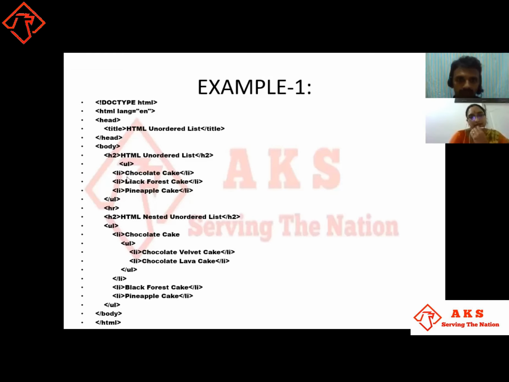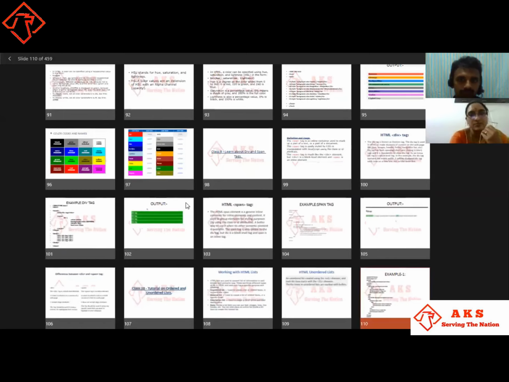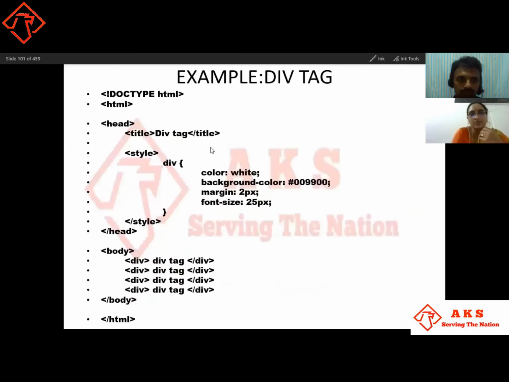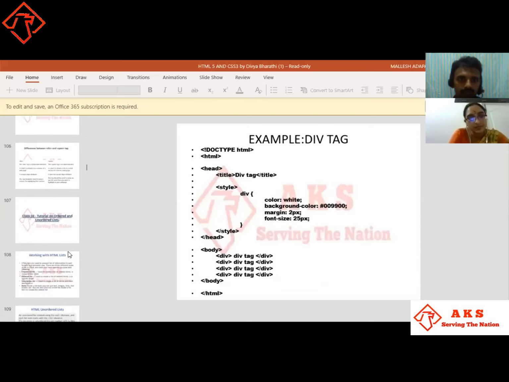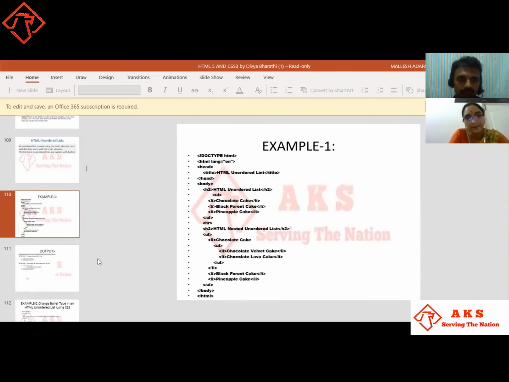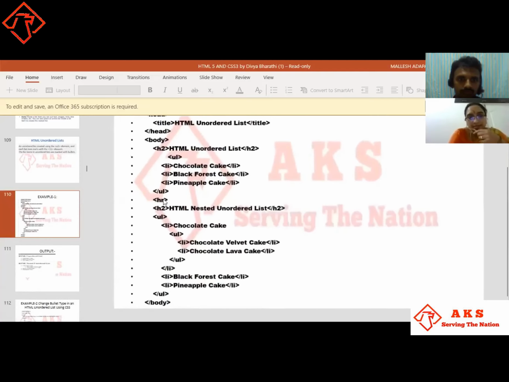And this is the unordered list. We have opened that unordered list with UL. And this is the list of items we should write in the unordered list. And this is the HR. The HR tag is a horizontal line. It will give the horizontal line. This has no ending tag. It is only one tag, that is HR.